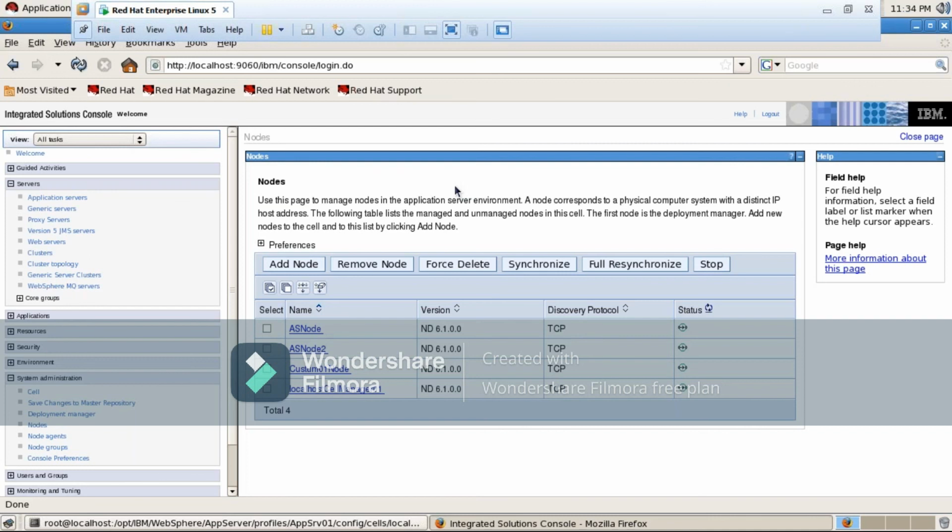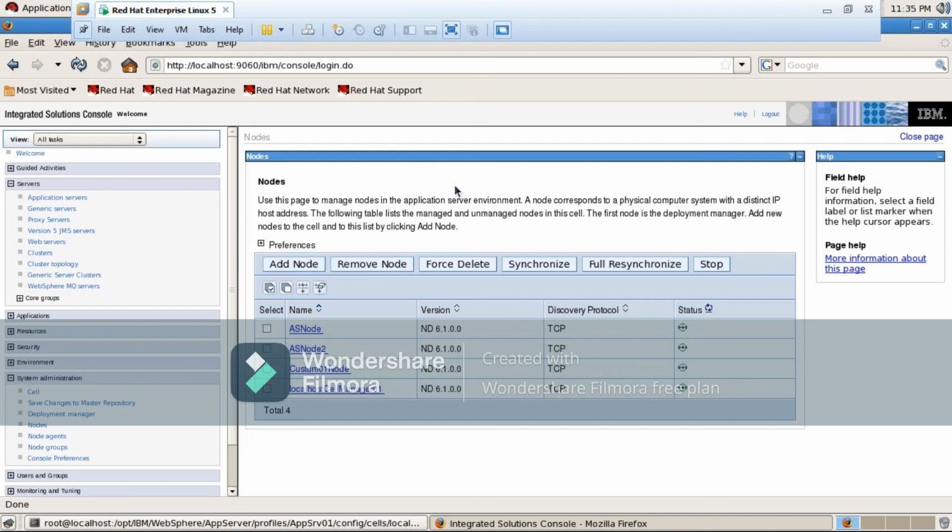So let us talk about one cell now. One DMGR profile is created. In that DMGR profile, first I am going to federate one application server profile. Then I will federate 4 custom profiles. So in that cell, how many nodes are there, totally? 6 nodes, right? One DMGR node, one application server profile node, and four custom nodes.